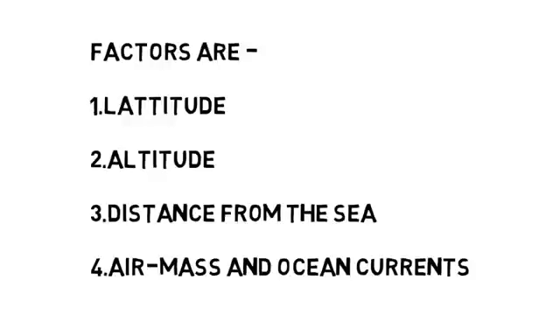First factor is air mass and ocean currents. Air mass is just a volume of air which prevails over a region for a longer period of time, and because of this they attain the characteristics of that region. These air masses also affect the temperature of a place. It can be a warm air mass or a cold air mass. Ocean currents also influence the temperature. We know that warm ocean currents like the Gulf Stream have a moderating influence on the eastern coast of the United States.